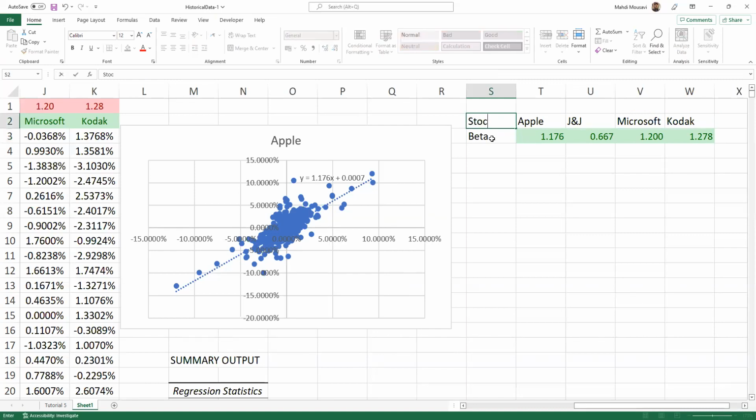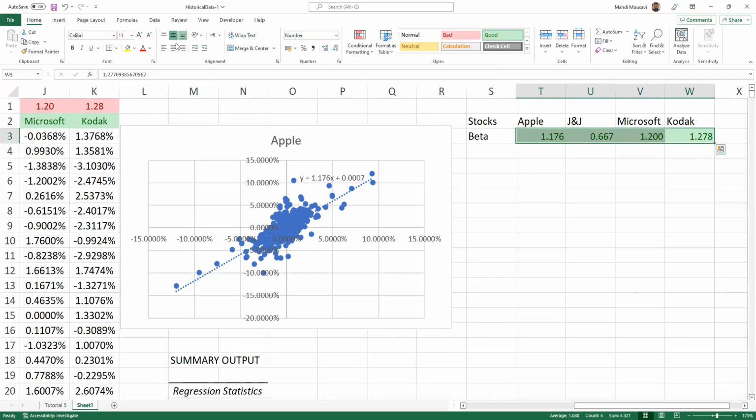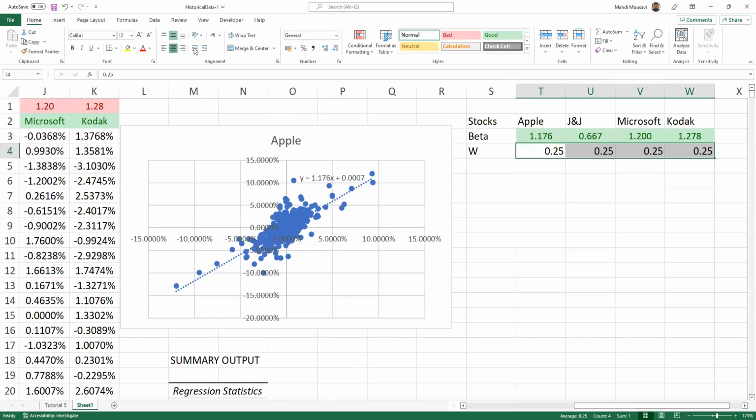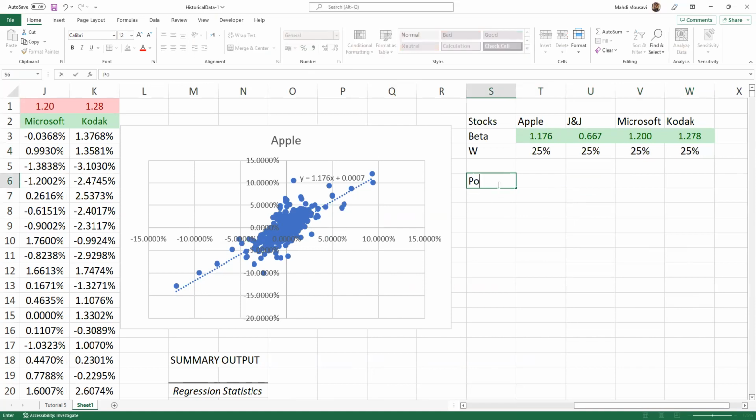And these are the stocks in our portfolio, and the weight of stocks. Remember, we said that we allocated equal money to each, and as such, their weight is 25%. I can change it to percentage for a better look. And now I'm going to calculate portfolio